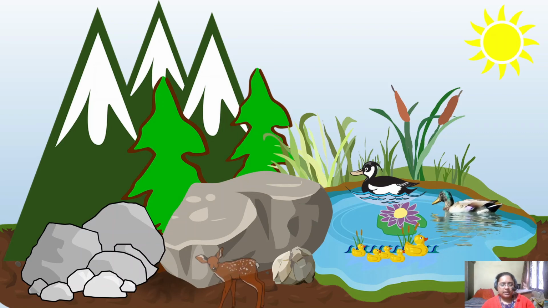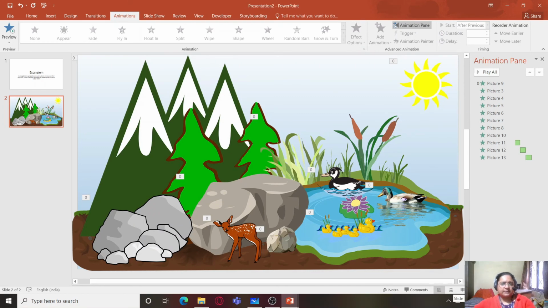So this way you can include all other elements, like weather also. You can include a few more animals, some carnivorous animals like tiger, lion, some other herbivorous animals, some more trees and some other creatures like frogs, which are amphibians. You can also show rains, some clouds in the sky, and depict the change of weather. All these things you can create in your presentation, and to give a better effect you can also insert a change of weather GIF image.